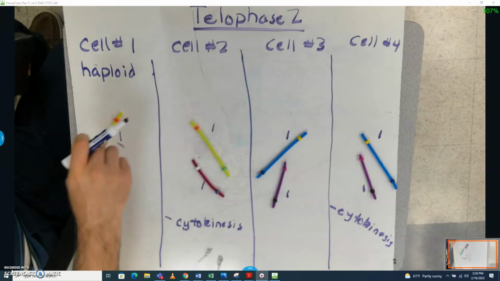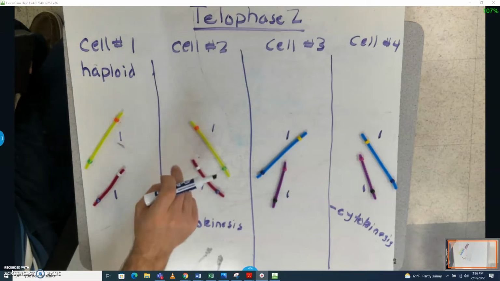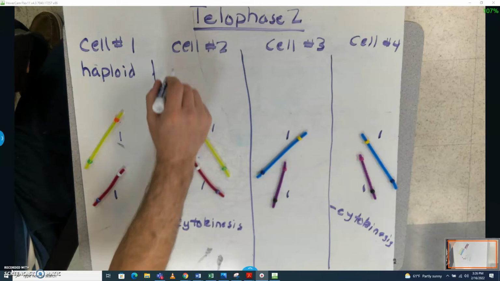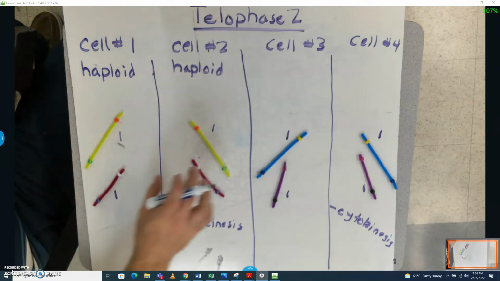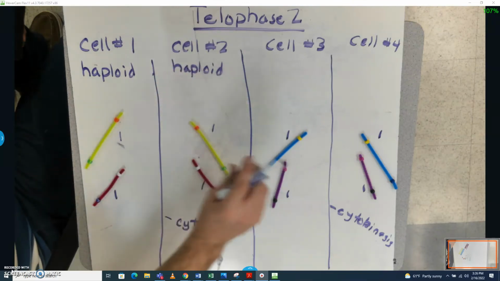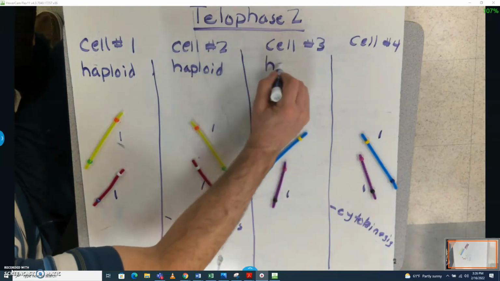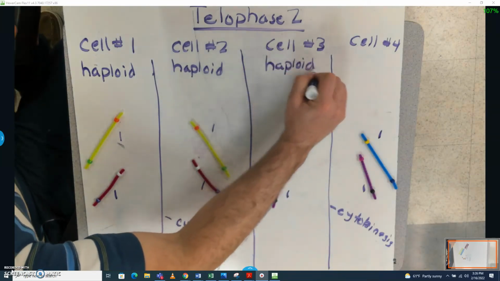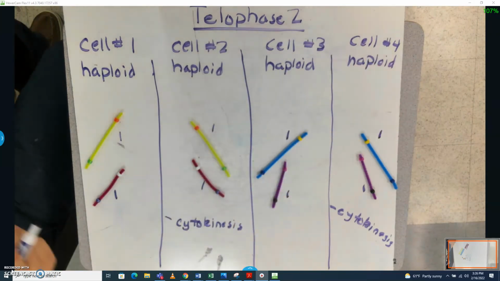If there were 2 copies of this chromosome, it'd be diploid. This one, there's only one copy of the chromosome, it is haploid. If it was in a cell with 2 of these, it'd be diploid. Same here, there's only one copy of each of those 2 chromosomes, so it's haploid, and so is our last one, haploid. The process of meiosis, we started with one cell, had 2 copies of each chromosome, so we started with a diploid cell to create 4 haploid